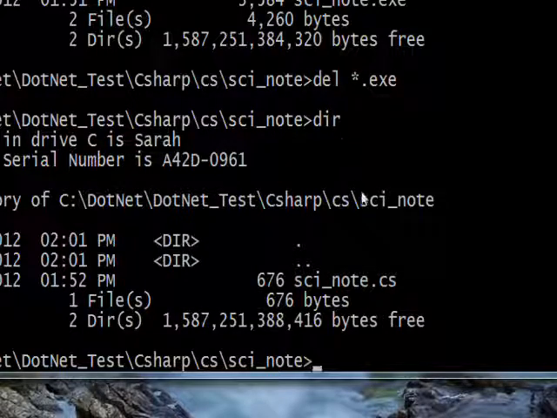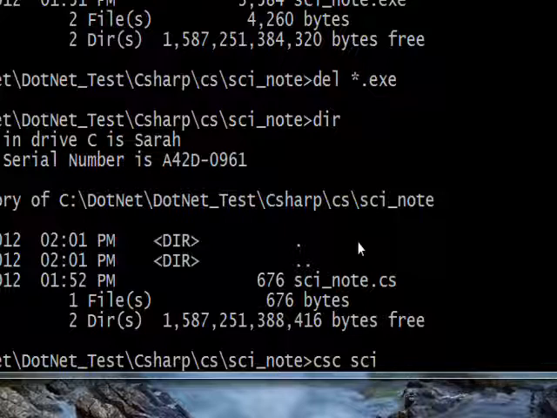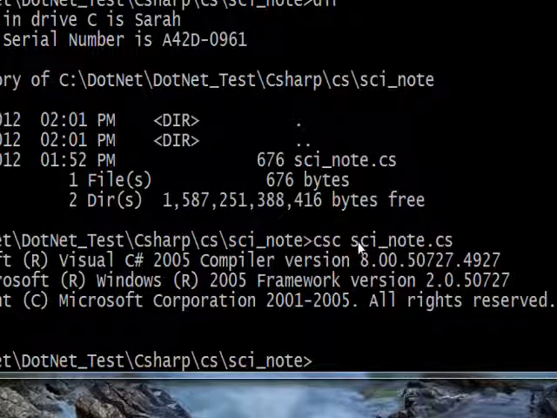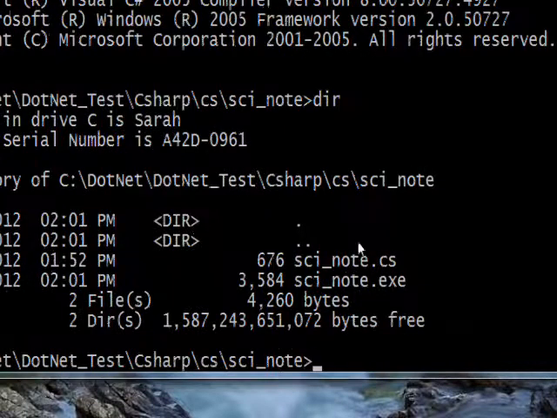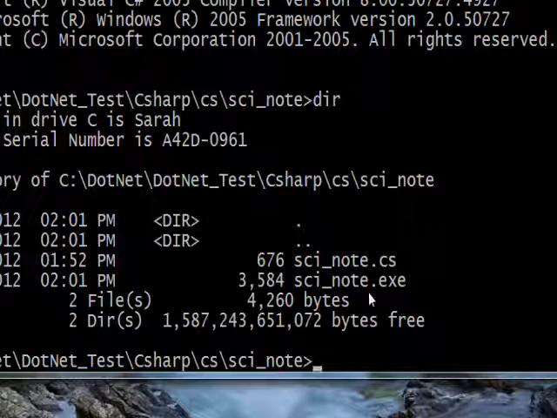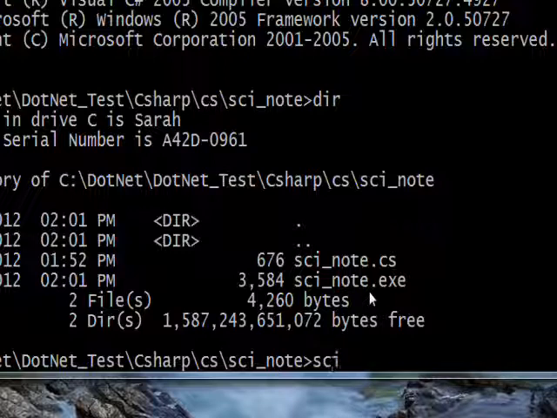So if we save this program and then do a compile on it, do a CSC and then SCInote.cs, and then we do a directory, we see we've created an exe file. So if we run this exe file by typing SCInote,